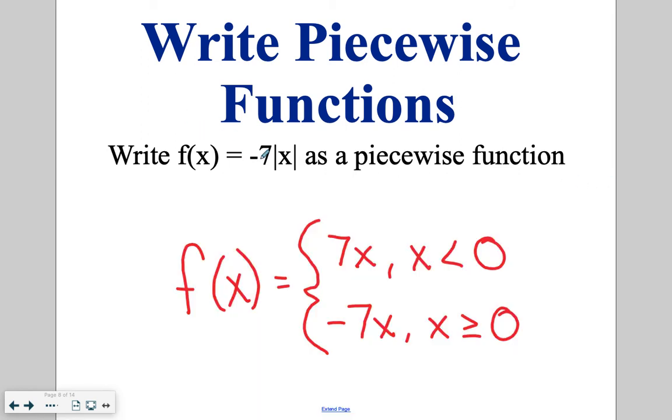So now that we've got the negative 7 here, that means that absolute value graph is going to be flipped upside down. So that first part, where x is less than 0, is actually the part that's trending up. So we've got 7x when x is less than 0. Then for the second part, after we hit 0, our graph is now trending down. So that's where we get the negative 7x for x is greater than 0. So that's how we write the functions when we have those absolute value